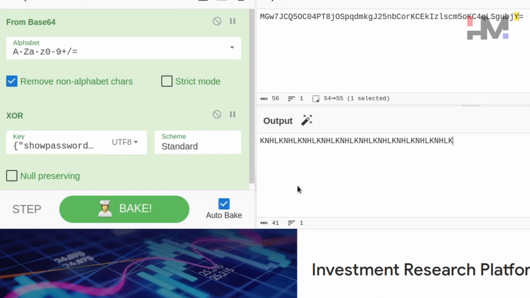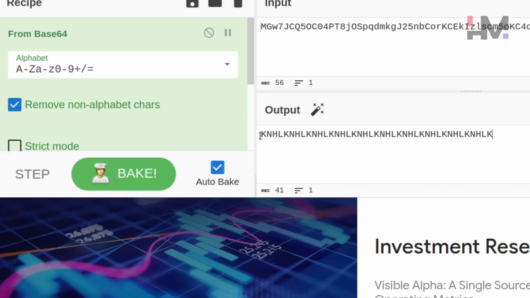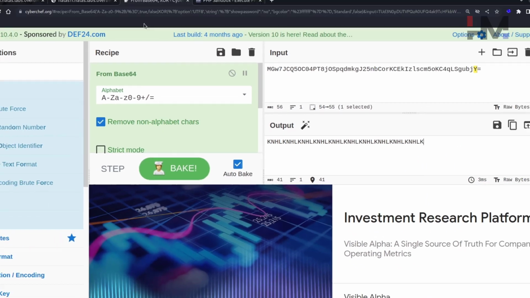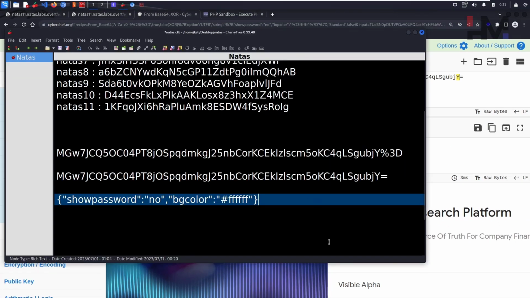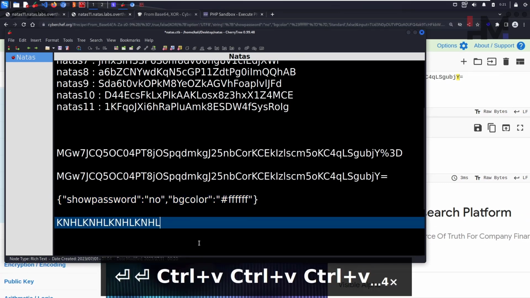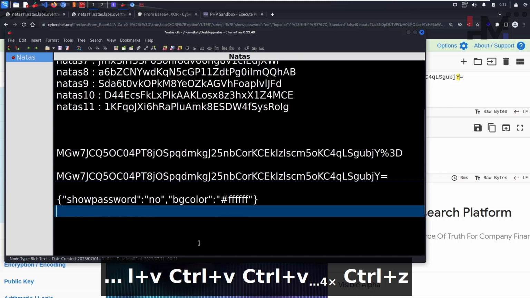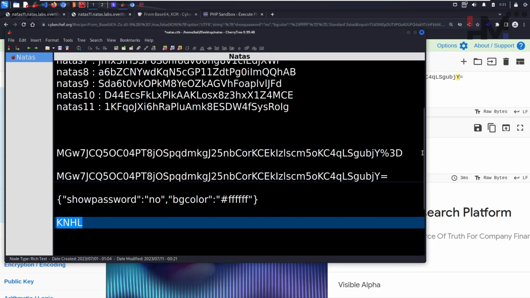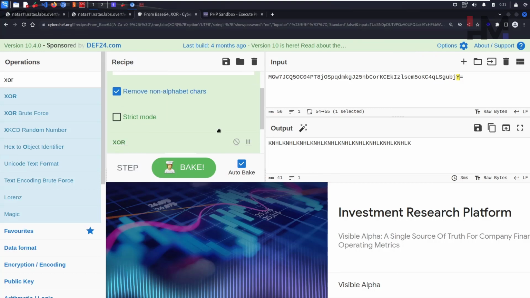Interesting. Here, I don't know if you can see this, there is some text that is being repeated multiple times. Okay, so KNHL. Okay, this is being repeated multiple times. So this is being repeated something like this. So this can be key. Okay, so what we can do now is